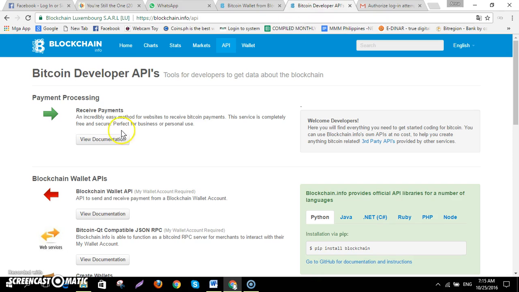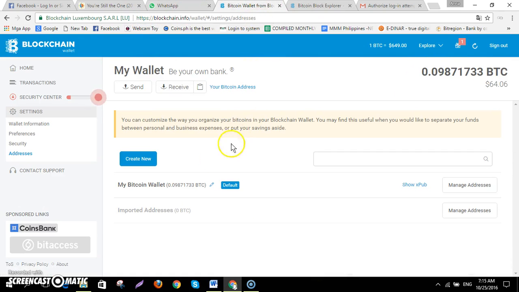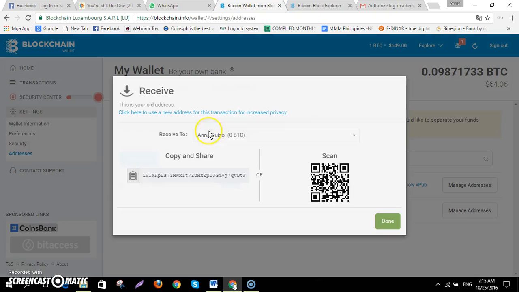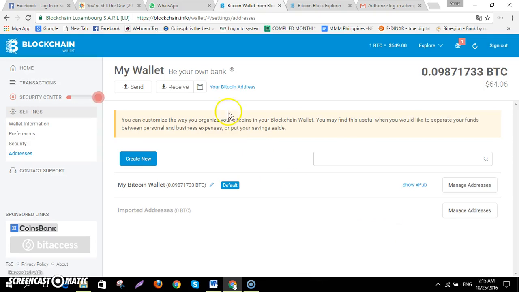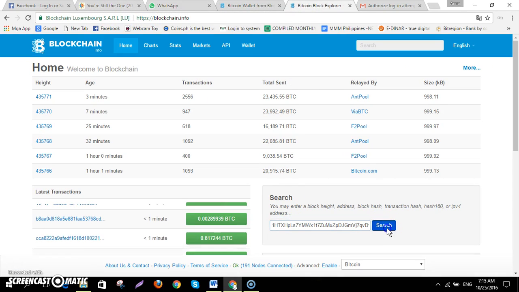If you want to trace back certain Bitcoin wallet transactions, just click here, home, and then, for example, I'm going to click my wallet. Copy this one. Or if you want to check another person's wallet, click home and then paste the address here.